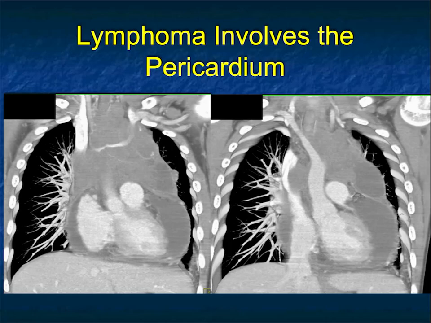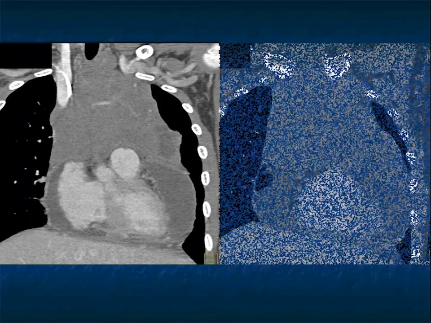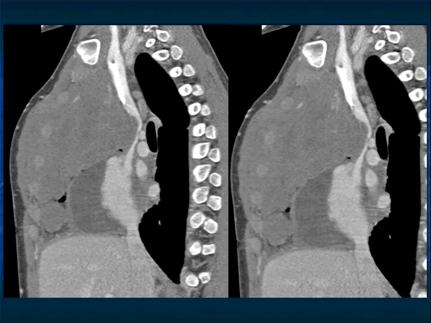It's extending also medially into the middle mediastinum. Soft tissue density, no real enhancement, but very nice infiltration, as you can see here. Here it is again on the sagittal view. Look how large this is. It looks like a large anterior mediastinal mass, which in part it is, but really you have a mass that's infiltrating